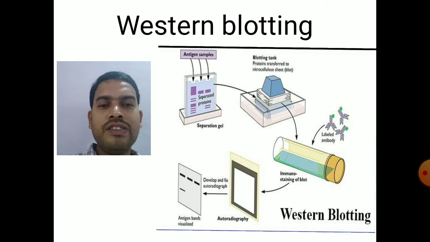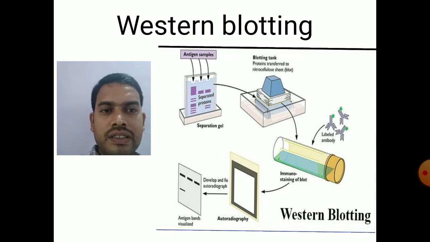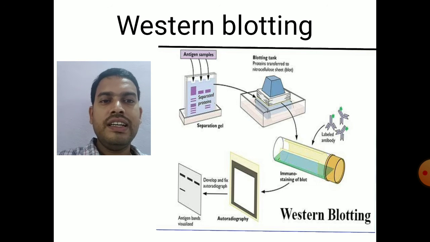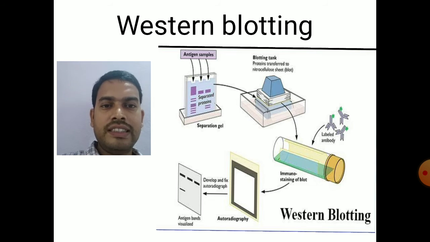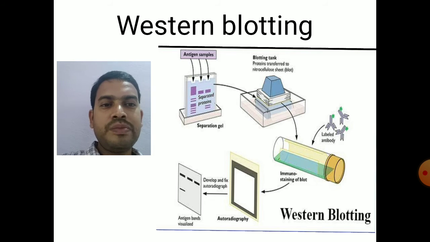So agarose is used for large molecular weight or molecular size compounds. Whereas the protein size is less when compared to nucleic acids. In western blotting, polyacrylamide gels are used. Since we are using SDS as a detergent for treating the sample, it is called SDS-PAGE. So after sorting the proteins in the SDS-PAGE, the protein bands which are obtained